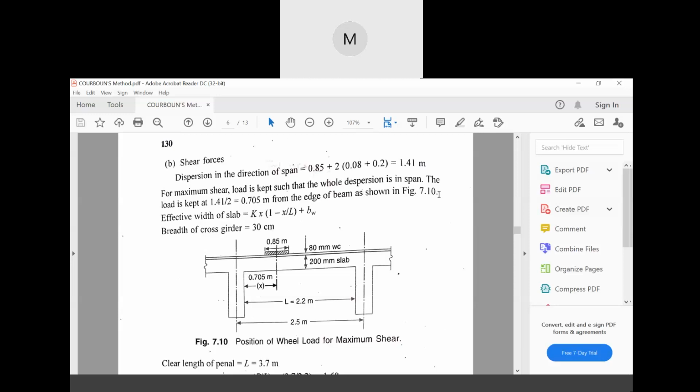Now let us go to the next part. Okay, what is the next part actually? It is the shear forces. So first of all, for finding out the shear forces,